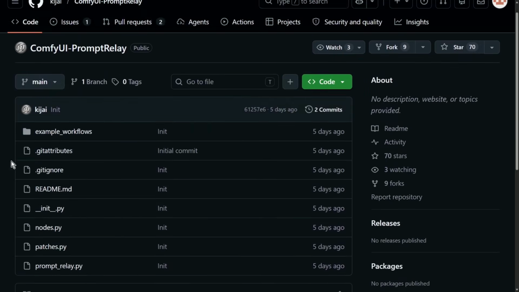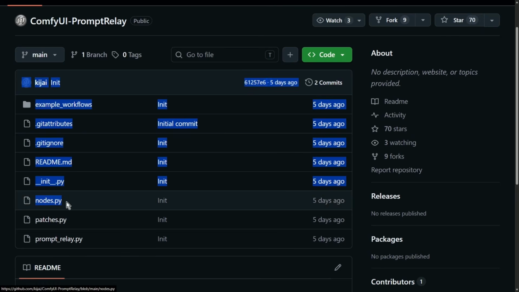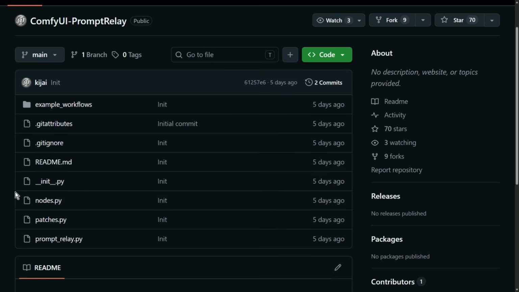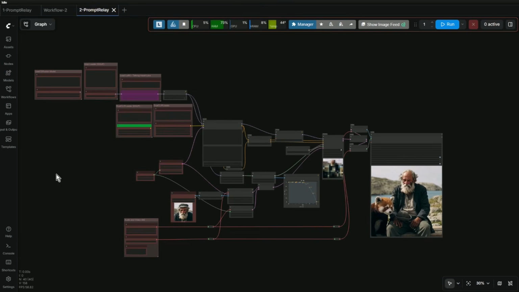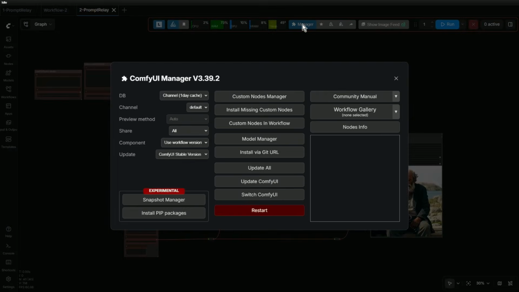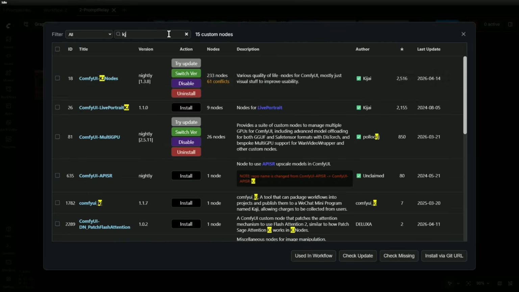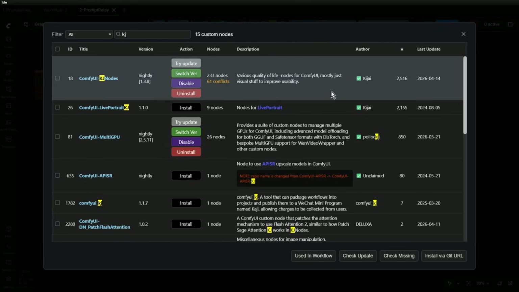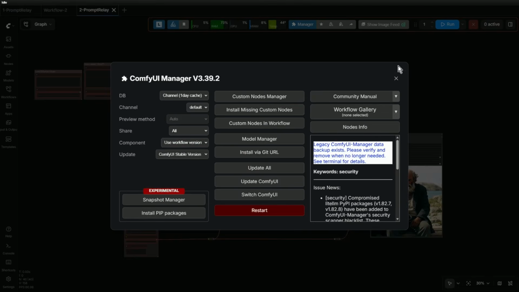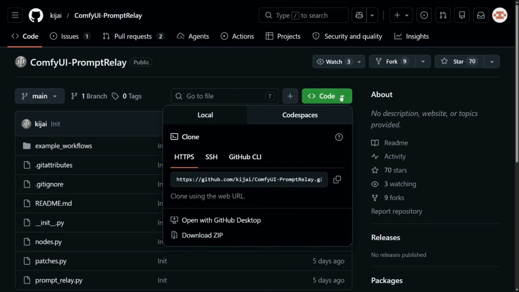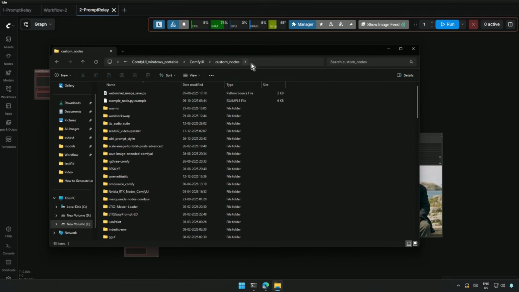The project is referred, and the same logic has been added into the node so that we can use it inside comfyUI. To make it work in comfyUI, I updated the KJ nodes from the node manager. And then I wanted the prompt relay node, but I did not find it in the node manager. So I copied the link, and inside the custom node folder, opened the CMD,